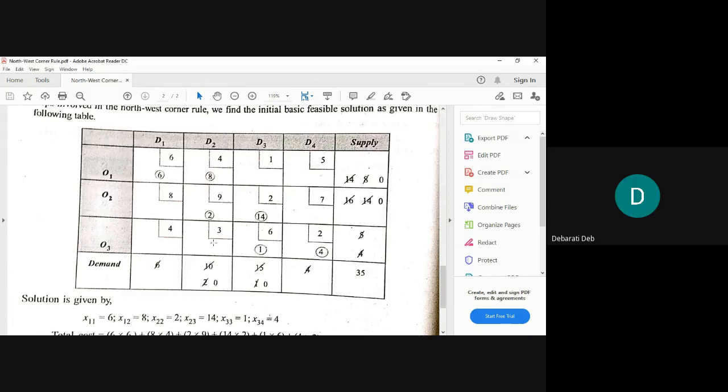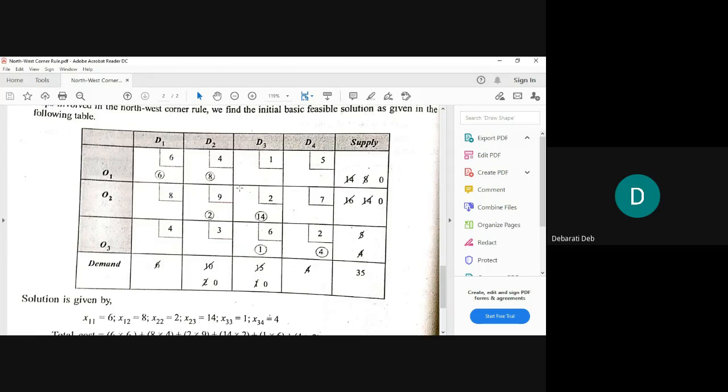Now come to this column total. It was 10. Out of 10, 8 has been assigned. So we are left with 2. So we'll strike off 10 and write 2. Correct. So after assigning 8, we will strike off on the row total side and write 0, because out of 8, 8 has been exhausted. And in the column total, we will strike off 10 and write 2, because out of 10, 8 has been exhausted. Okay. So we have 2 in this column total.